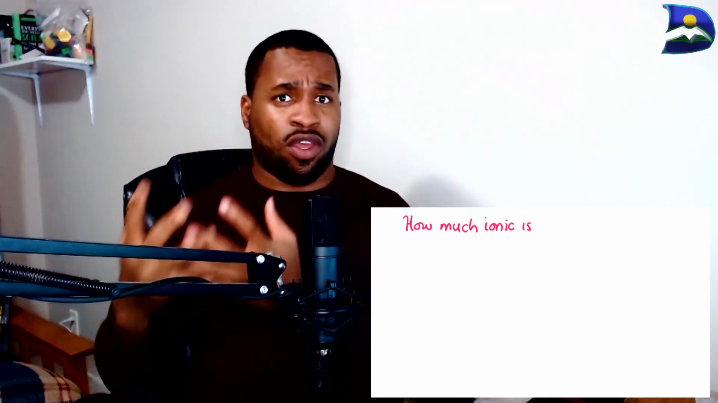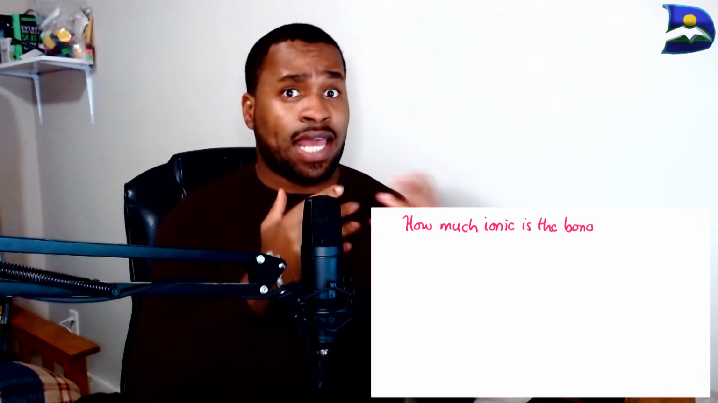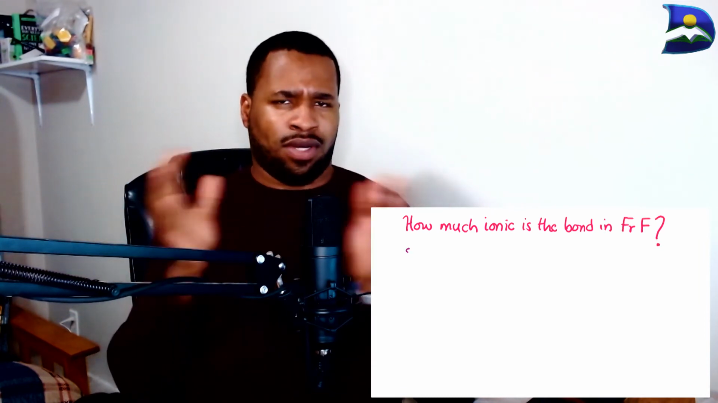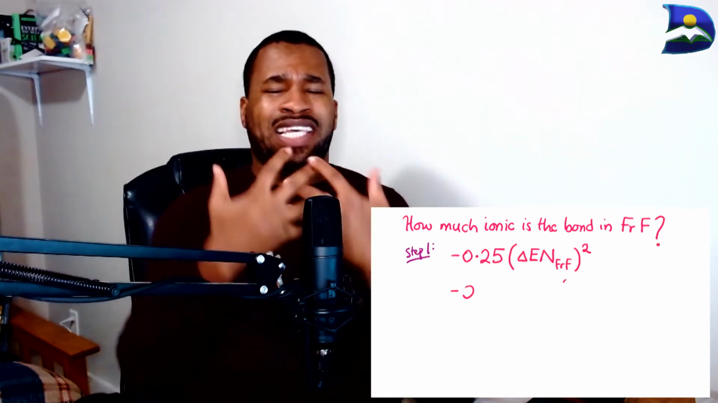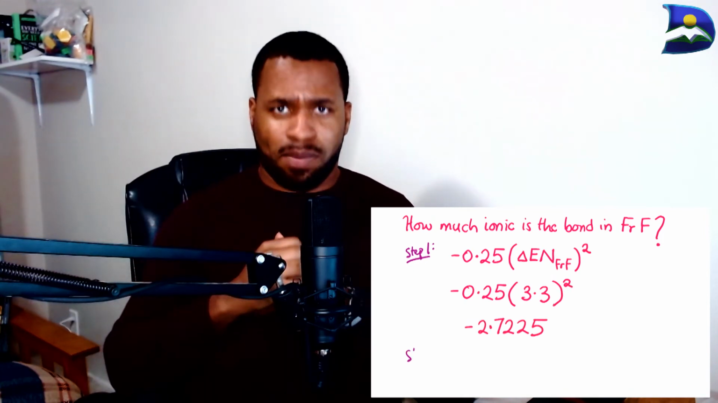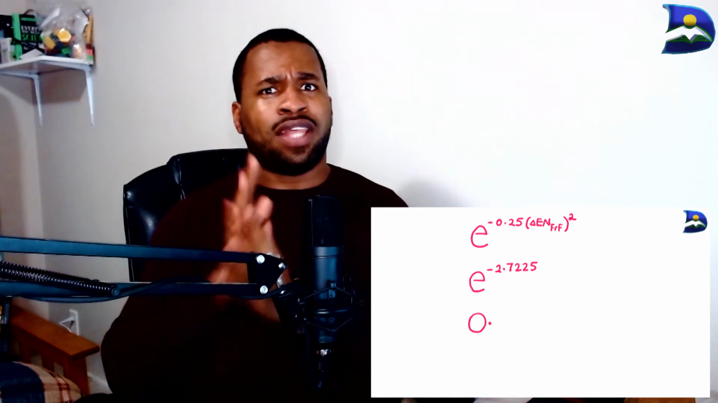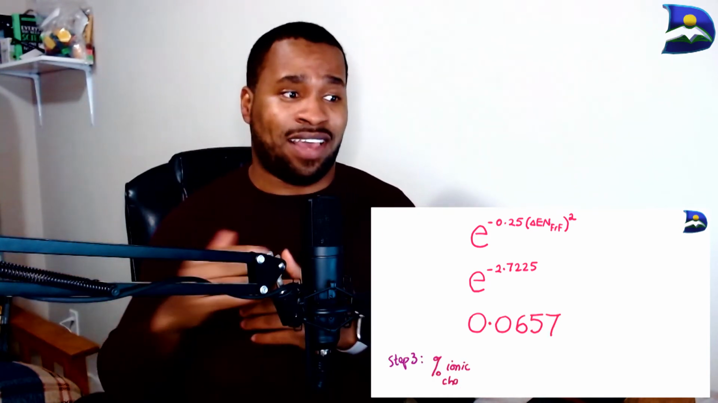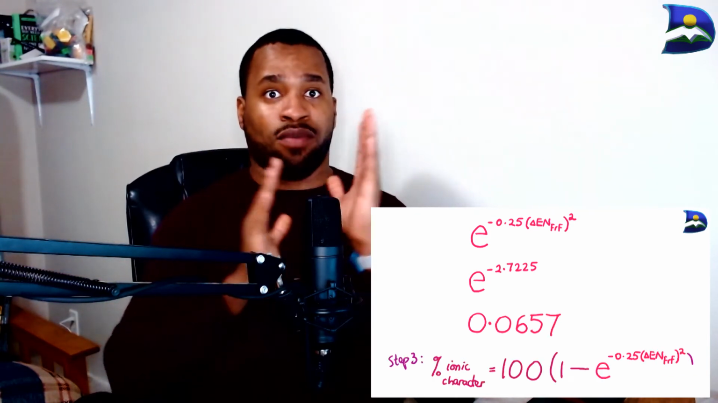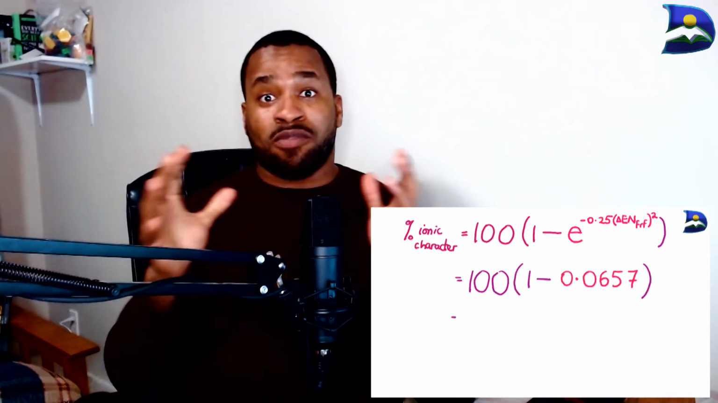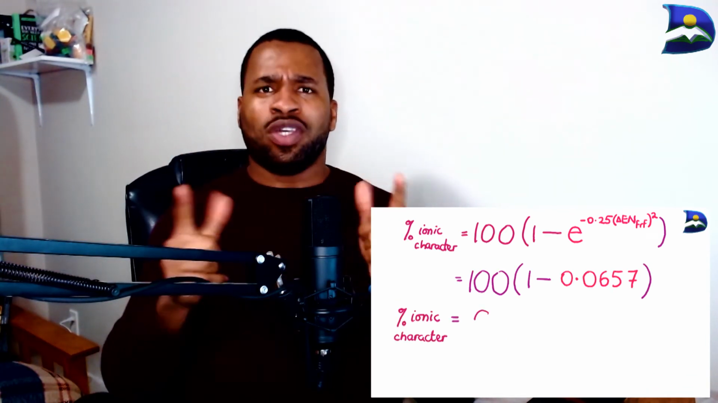And now take note: applying the square to 3.3, then multiplying by negative 0.25, will give you a number. Now, for that number, perform the e function to the power of that negative number, and you should get a number that's around 0.0657. Now take 1 minus that number and multiply by 100, and you should get the percent,